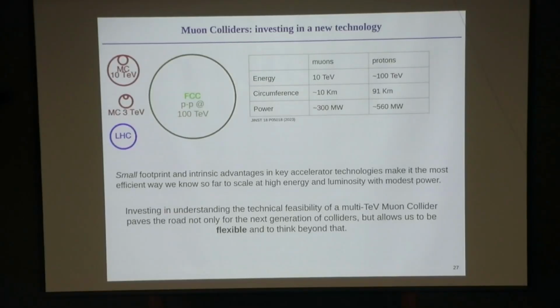So the small footprint and intrinsic acceleration technique make a muon collider a pretty attractive option for this reason. And in addition to that, if you go back to that line, it is essentially the difference between pushing a line a little bit further and starting a new line in that plot with a different type of collider. So investing in understanding the technical feasibility of such a collider can give us a tool that would be flexible and will allow us to think even beyond this current target of energy. Okay,